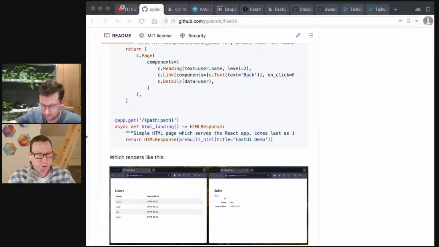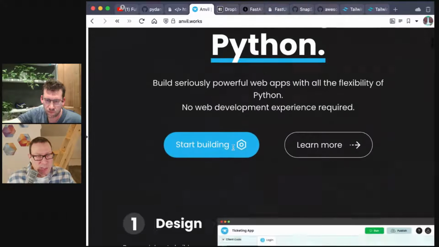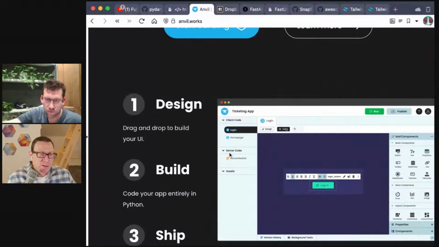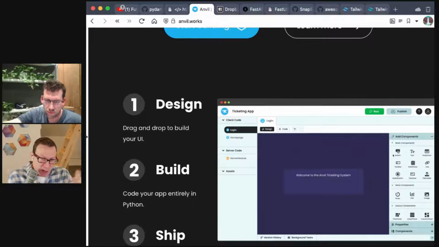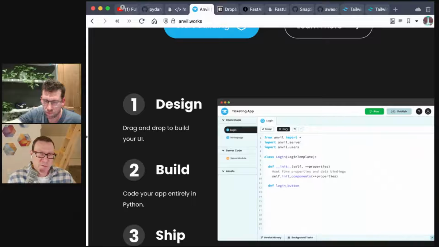You're doing all the five languages of web apps: SQL or some query language, Python, JavaScript, CSS, some other tools, and you're doing it all by hand. On the other end, we've got tools that are pretty cool, like Anvil that lets you just write Python and do a draggy droppy sort of thing, which is really neat, but it fits into kind of a box for those types of apps.